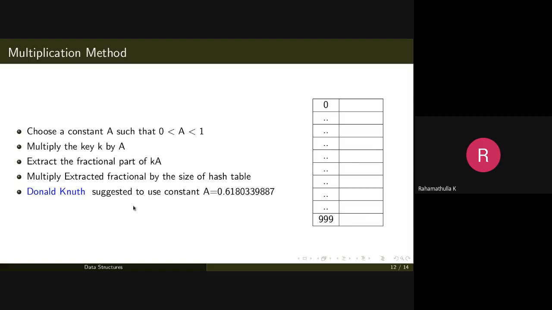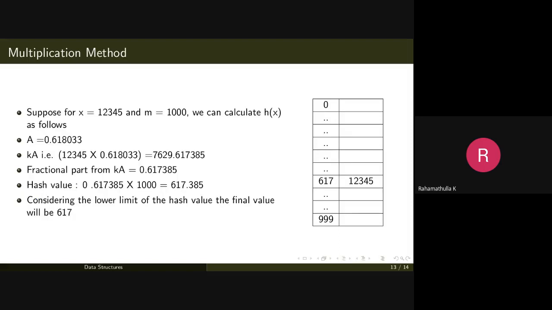Donald Knuth suggested to use a constant of 0.618033. So this value of a equal to 0.618033 works much better compared to many other constant values. That's what Donald Knuth suggested.